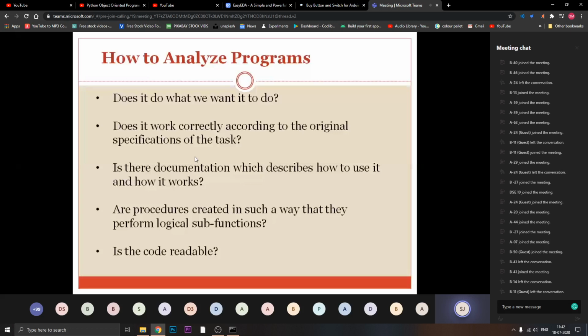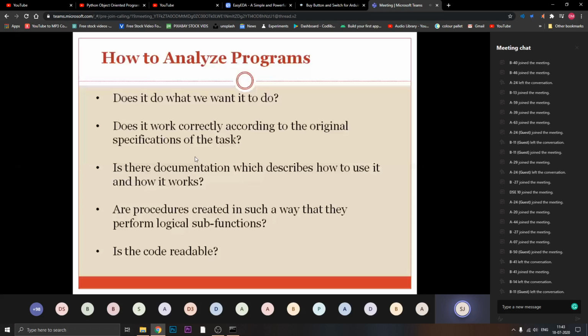In the sense, those characteristics are the measures to check the quality of your algorithm. Similarly, there are some measures to check the quality of your program. Means whatever program I have written, whether it is perfect or not, whether it is able to execute my work as per my requirement.